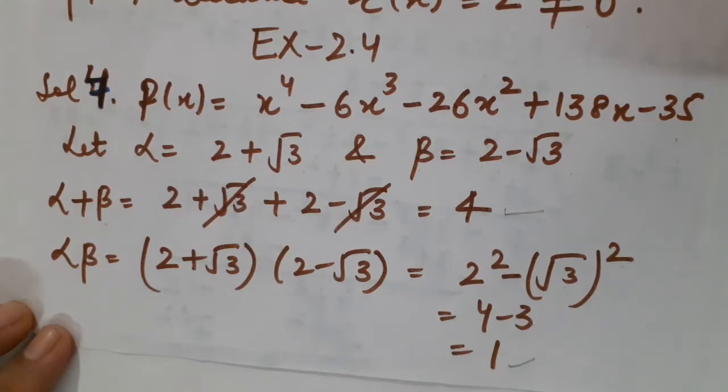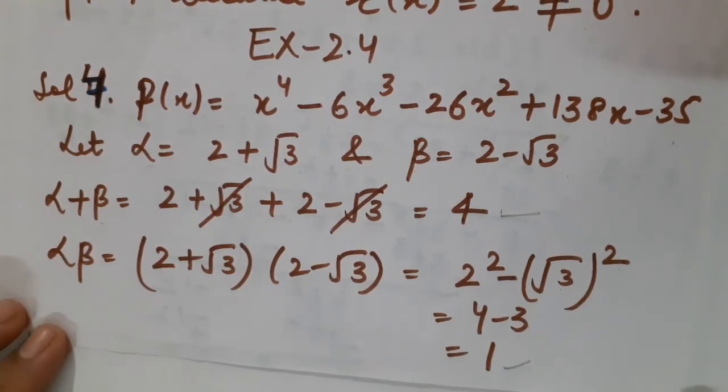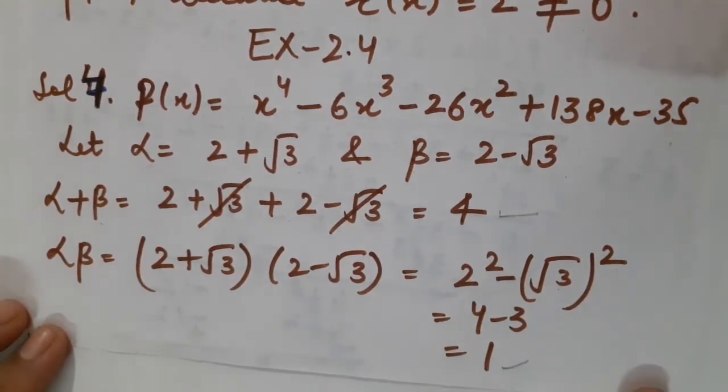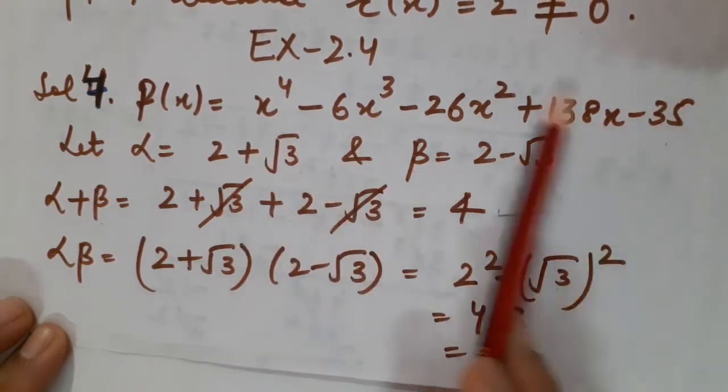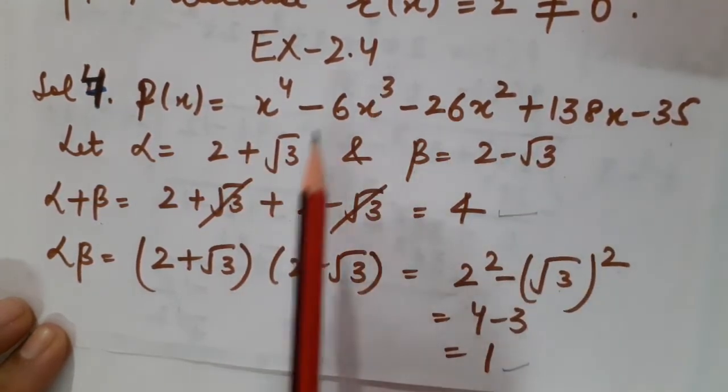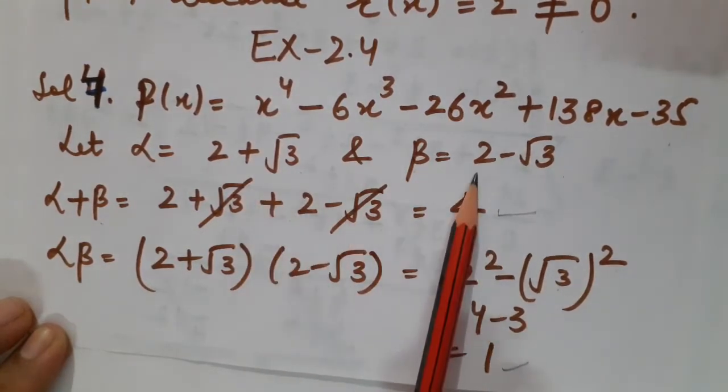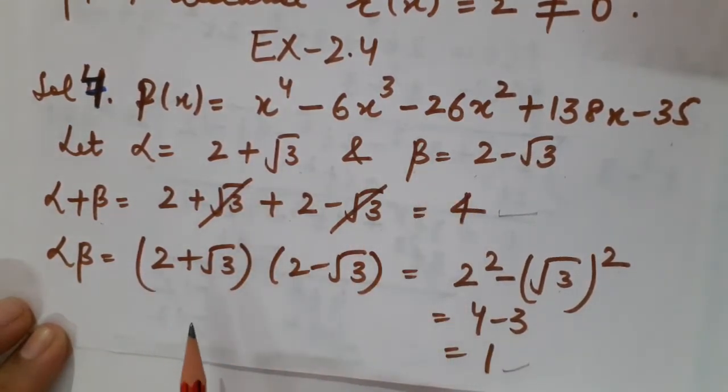Now children, this is the last question of the homework solution, question number 4. Basically I found it a little tough for you, so I made you recall this type also. When you have a biquadratic polynomial given along with its 2 zeros, how do you find the other 2 zeros? Fine.